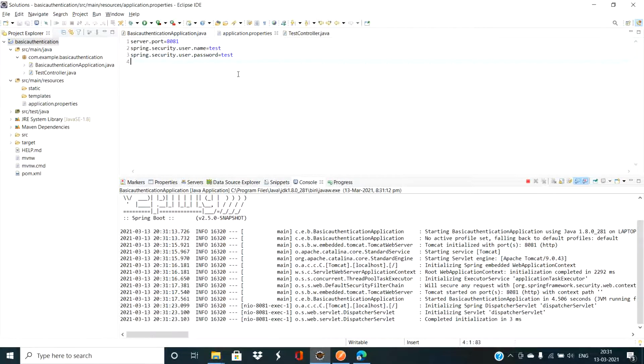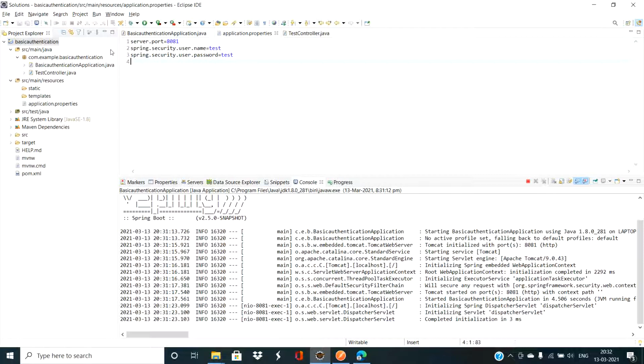Okay. Now what I'll do is override the default configuration for handling basic authentication, and for that we have the WebSecurityConfigurerAdapter class. I'll create a simple class which will extend the WebSecurityConfigurerAdapter class, and we'll handle the configuration there.